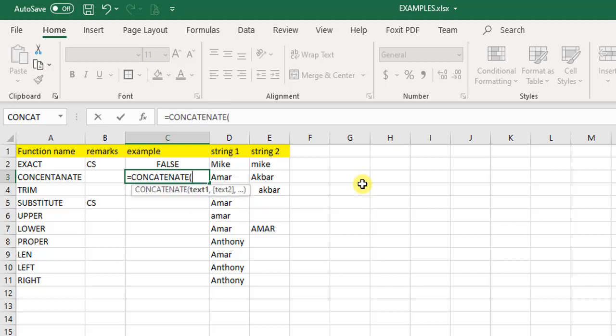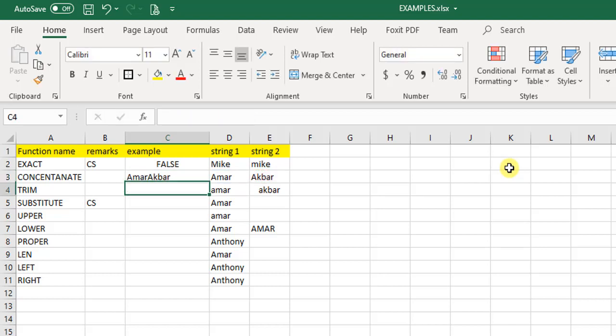The first function which you saw when we typed CONCAT has been covered in a separate video. So here what we will do is we will go to the first argument. The arguments are the text columns in this. So we go to the first string, we put a comma, then we go to the second string and select that, and we close the function. Hit enter, and it has joined both the words together.